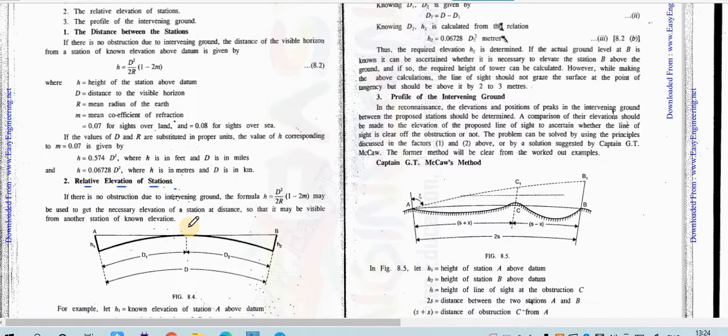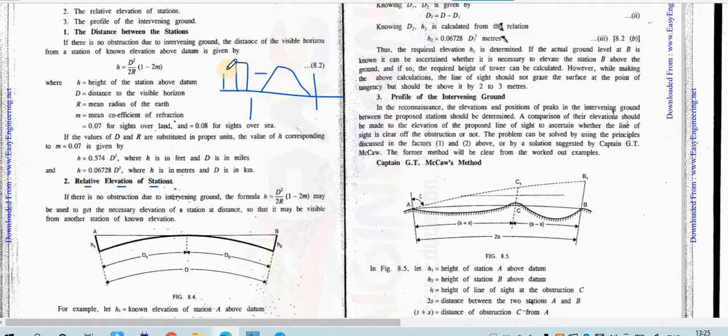So obviously, the stations which we are going to mark will be at a pretty long distance as compared to plane surveying. So there will be more chances of some obstruction in between, because if you are choosing one point here and one point here, at a distance of about 100 kilometers in a city, there will obviously be so many buildings and there might be a hill over there.